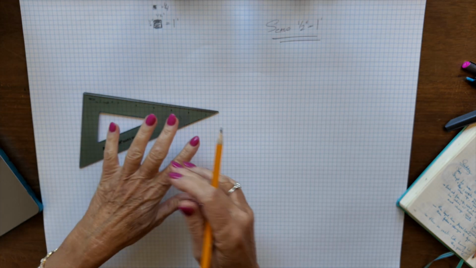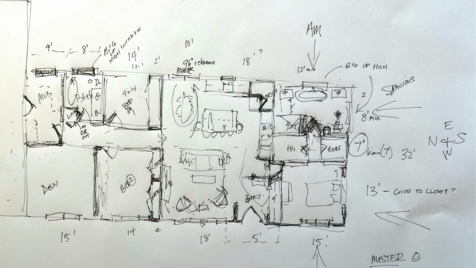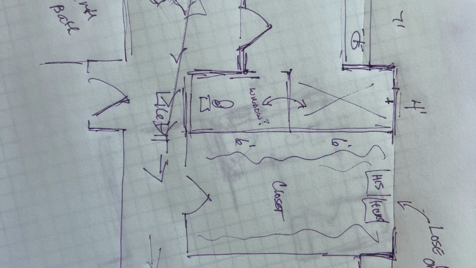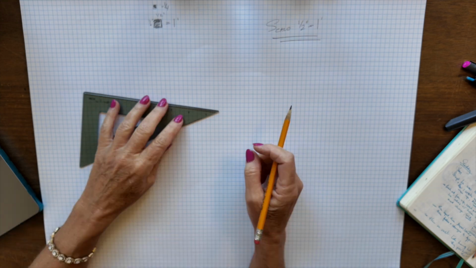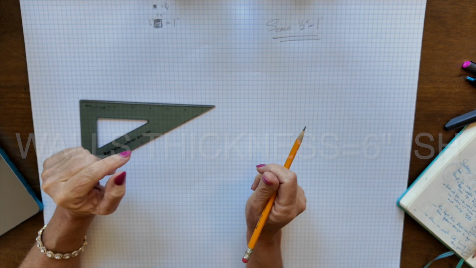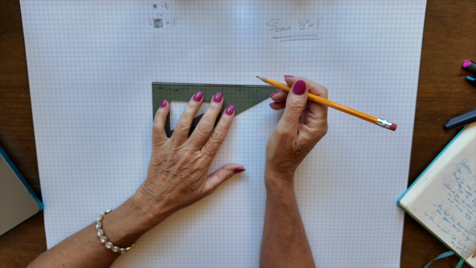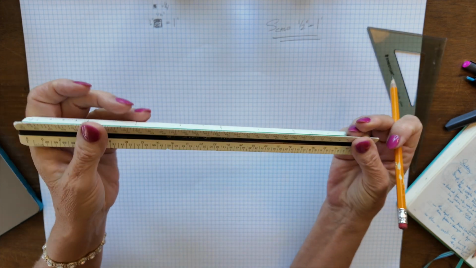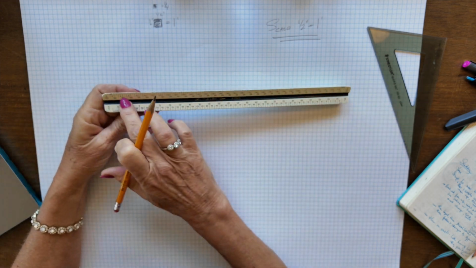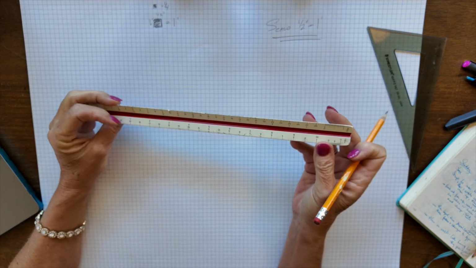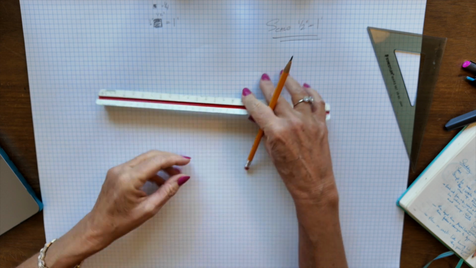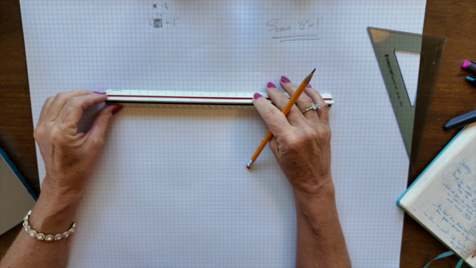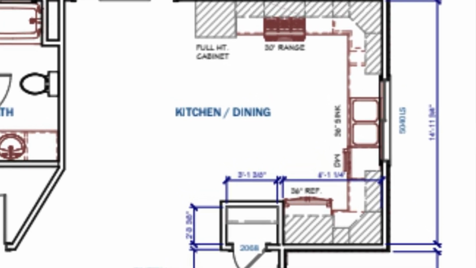What I see with drawings is they start with graph paper and they don't account for the things that have thickness or have depth, like walls and cabinetry. So let's get to it. First up, we know Luke's kitchen is 14 foot 11. This is called an architectural rule. It gives you the scale so I can draw really easily. Here's 1/2 inch scale. So if I want to go, what do I want? I want 14. So